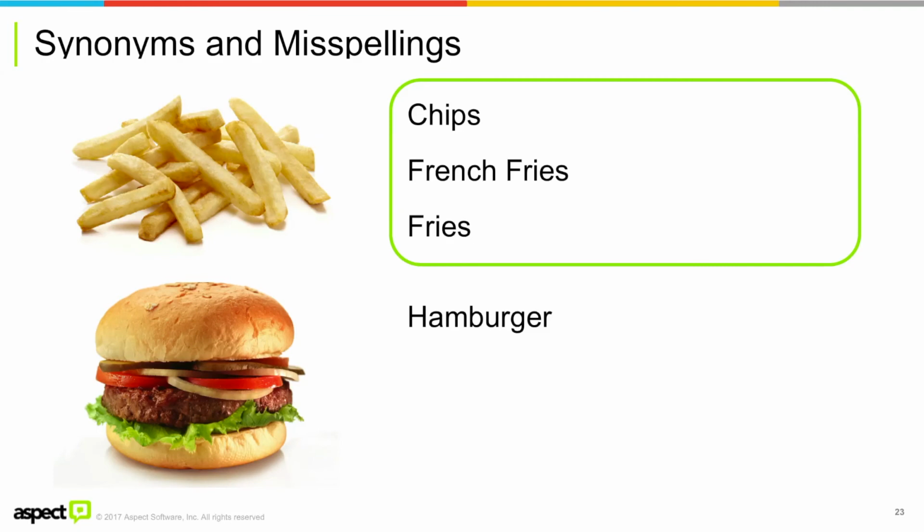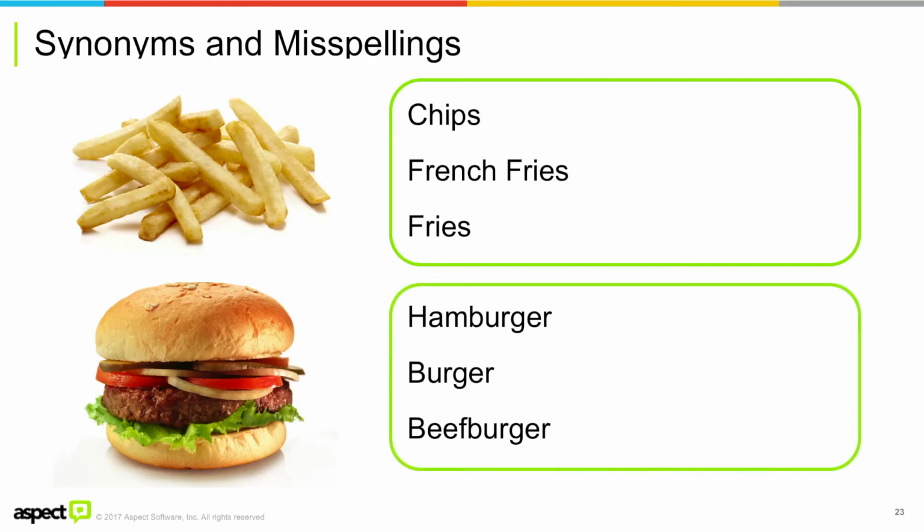I was told yesterday that people saying hamburgers around here are people who are trying to sound American. That they would ask for a hamburger at McDonald's. I had never heard the term beef burger before I worked on this project. So apparently that's more of a UK term, but the idea being that those are all the same thing. They're synonyms, they're built in.